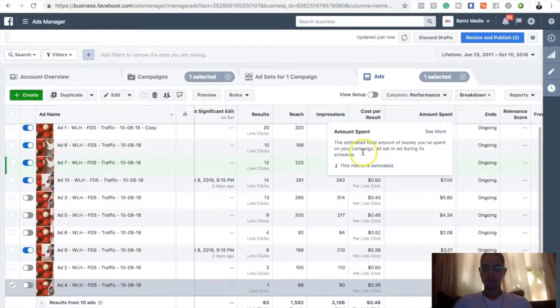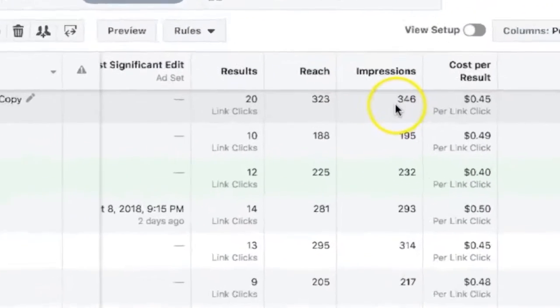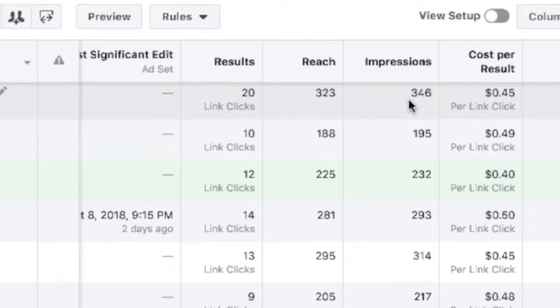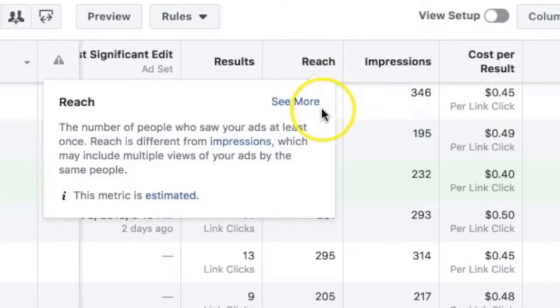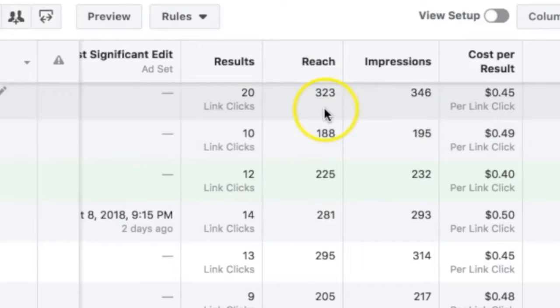So what impressions means, guys, is basically the amount of times your ad was displayed, right? Reach means the amount of people who have actually seen your ad, right? So basically 323 people have seen this, right? So out of 100 impressions,